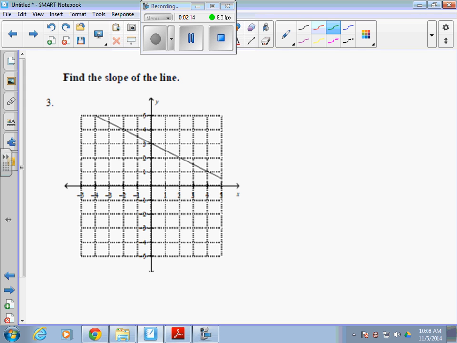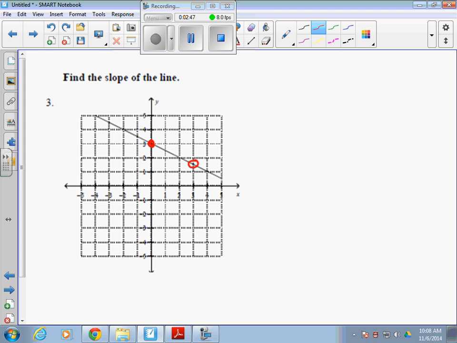Okay, here's one that's unlike the couple examples that we've had. Number 3 and number 4 is the same thing. It doesn't have points highlighted for you. So what you want to do is pick points that run through intersections. What I mean by that is this is a good point to pick. This is not a good point to pick, not because it's not right, but since it doesn't run through 2 integer values, an x and a y value,